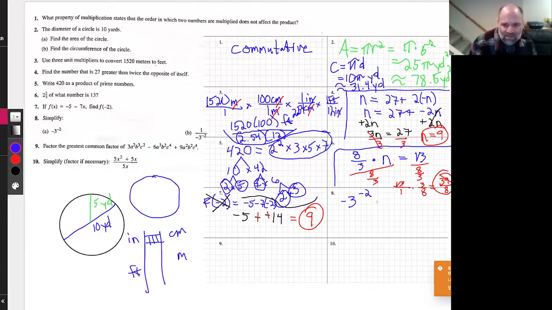Okay, so the negative is left on top, because remember this exponent only applies to the 3, so that negative is not touched. So then this 3 comes downstairs with a positive exponent. Okay, but there's nothing left on top, so throw a 1 there. So you're just inverting 3. So 3 inverted is just 1/3, and you can still have that negative there, and then 3 squared is 9, so we just have -1/9,